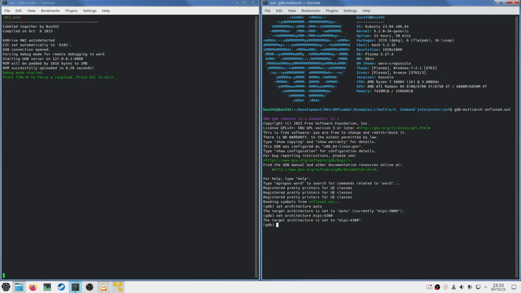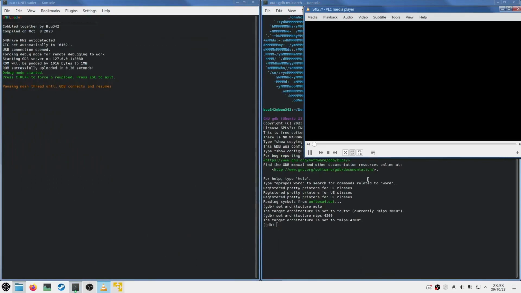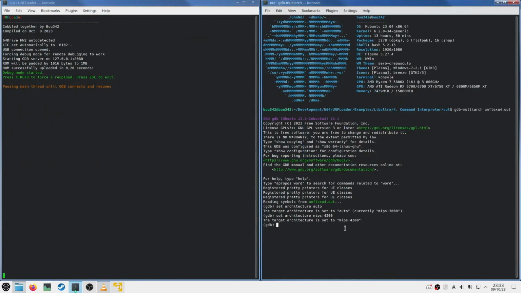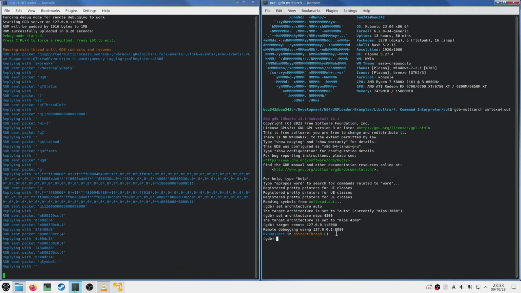So I'm going to turn the console on. We should get a notification here that the main thread has been paused and it's waiting for GDB to connect. And if we look here in VLC, we can see that now we have a black screen. Okay, so we're ready. So let's connect by calling target remote, and then we give it the address of GDB. In this case, we've opened a GDB server on this specific address here. So that's 127.0.0.1 8080.